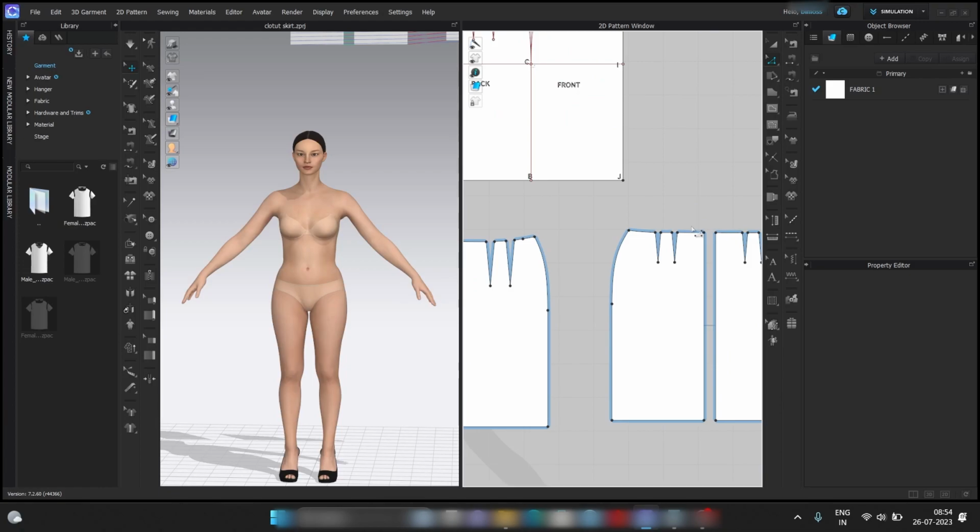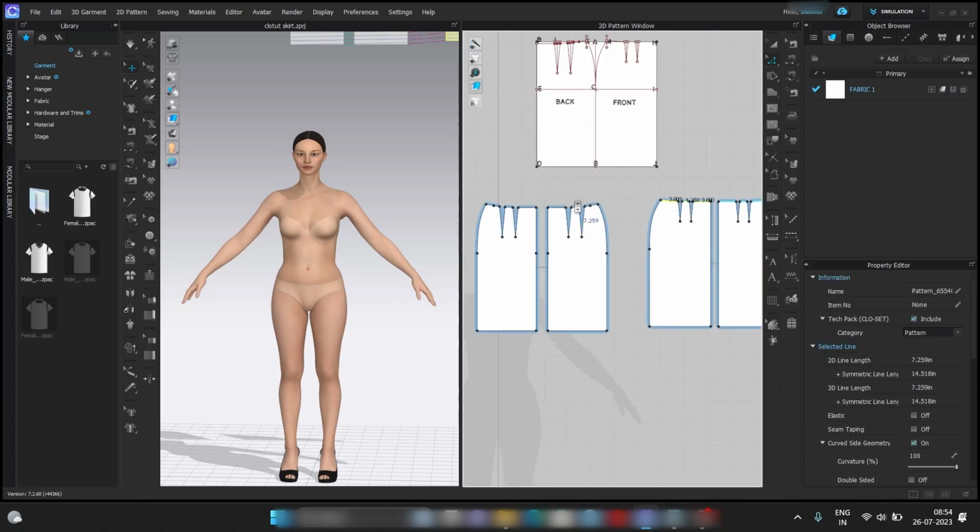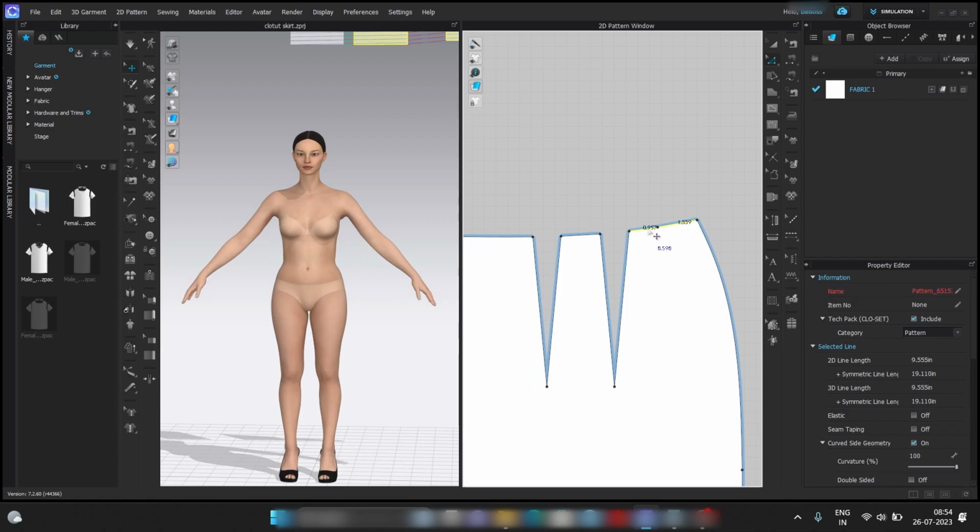Next step is creating a waistband. To do this, we first have to measure the total waistline measurement from front to back. Now with the pattern tool selected, hold shift and left click on the waistline from front to back to get